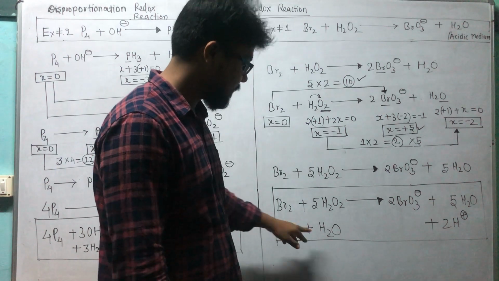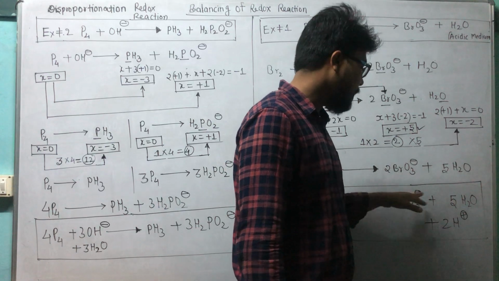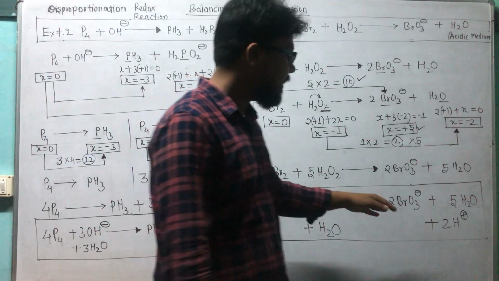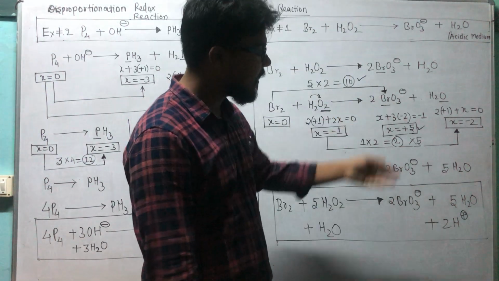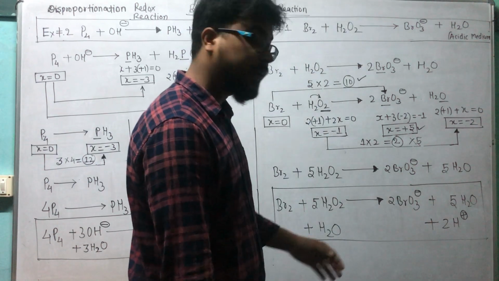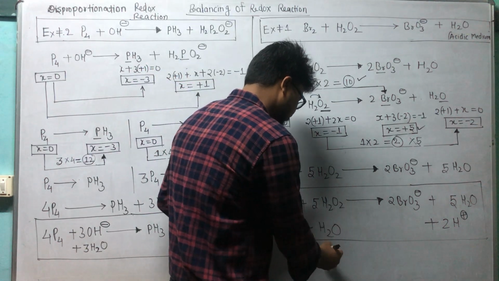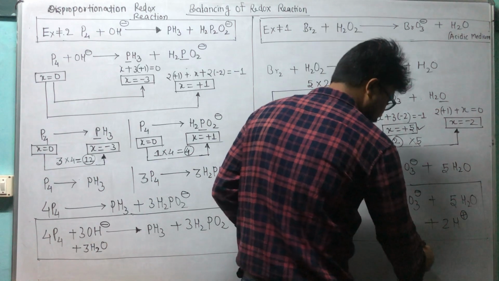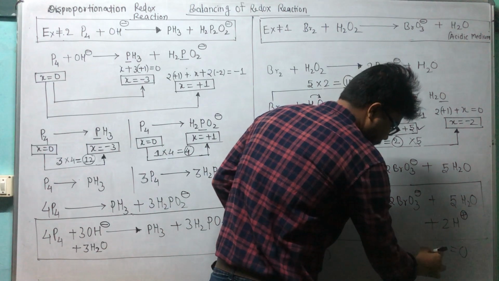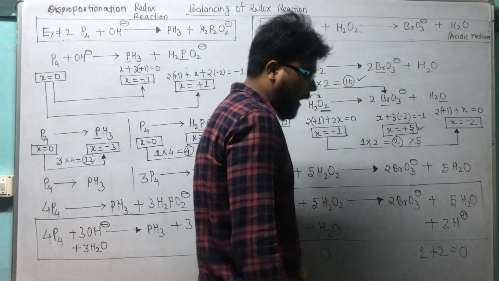Yes? Next, check the charge. How much charge is there? -2. So what will I do? I will balance this charge by adding H+ ions, because the medium is acidic. That's why I added 2H+. Now you can check whether your answer is correct or not. There is no charge; charge is 0. Here -2 and +2, the answer is 0 charge. Okay, so I think her confusion is now clear. Her doubt is clear.